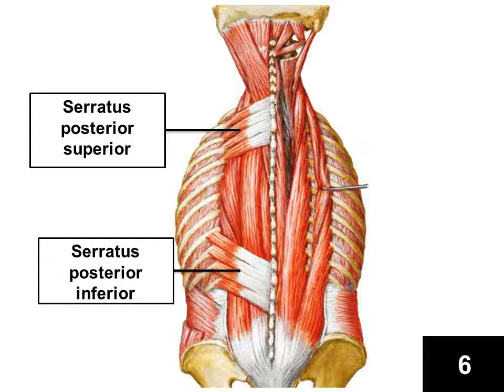بالنسبة للserratus posterior inferior as you see in the diagram أيضا it is a thin quadrilateral muscle situated at the junction of the thoracic with the lumbar region. يعني هي صايرة بين الثوراسيك واللمبر region. يعني قسم منها بالثوراسيك قسم باللمبر. It takes origin from the spine of lower thoracic and upper lumbar vertebrae